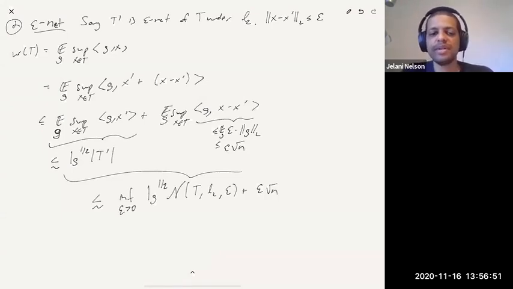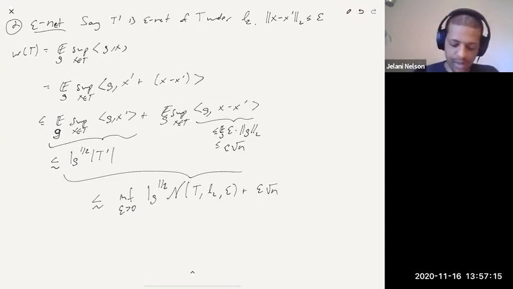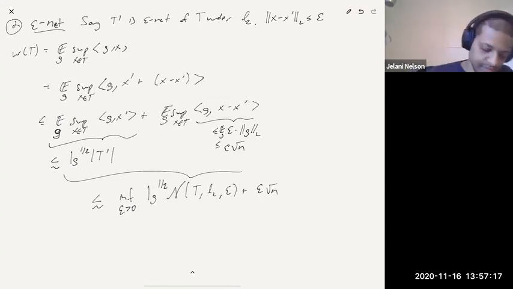So for example, we could choose epsilon to be 0. If we choose epsilon to be 0, we're saying that our net has to be T itself. And then you're just reducing to the previous whiteboard, right? You're just going to get root log the size of T. But you're allowed to choose any epsilon in between as well. And sometimes this gives you something better. You can take it one step further,